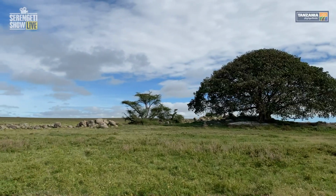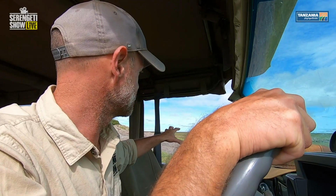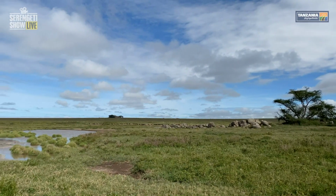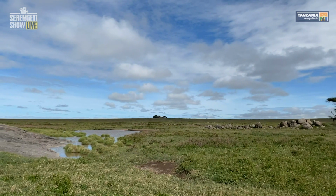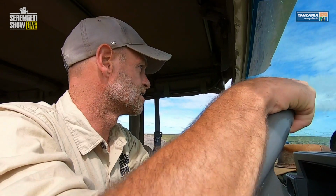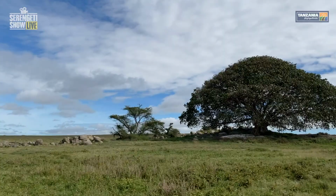Guys, you can see here at Gol Kopjes how important these granite kopjes are. They hold water. You think there's nothing out there, it must be dry, but it holds water a lot longer than it should. And it also gives a chance for trees to root and grow. And there's a beautiful fig tree, must be a rock ficus, a tree of life. I mean, this tree here just